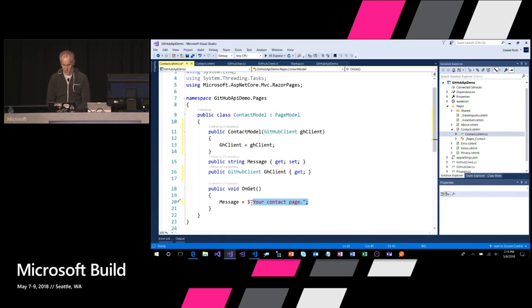Let's print out some data. So Name will be, we need to actually use the client. So var user equals await. This needs to be an async Task. Good. Await GitHubClient.GetUser, and I can pass in my username. All right, and let's use it here. So user dot